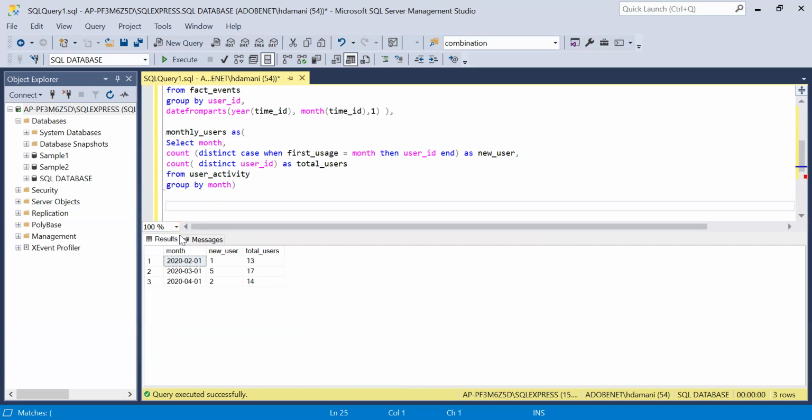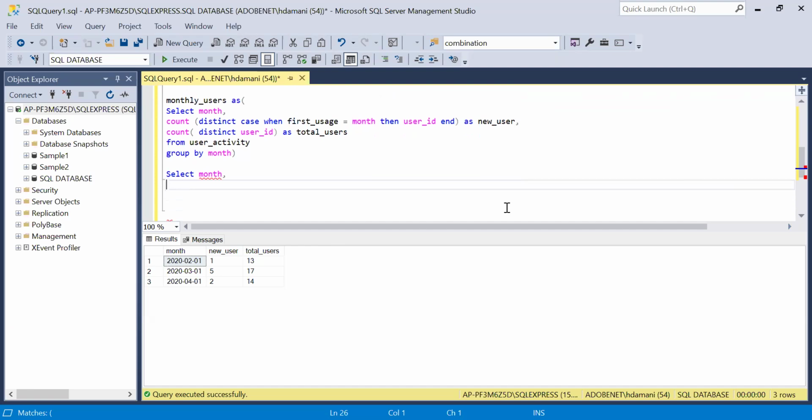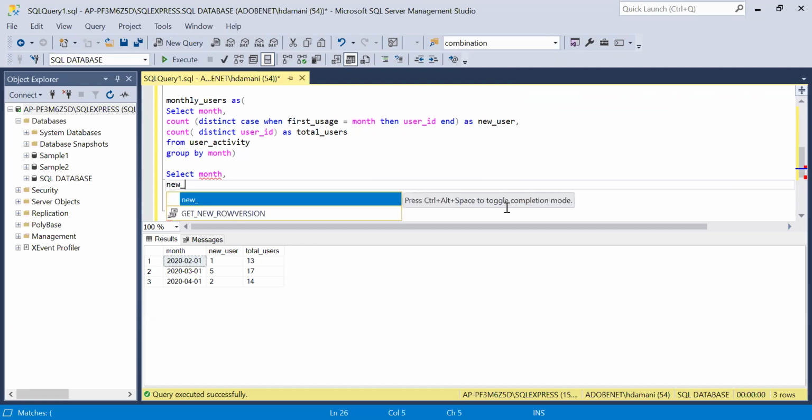So for that, I'm doing select month, and at a month level, we have to do a division of new users and total users. So for that, I am using new user